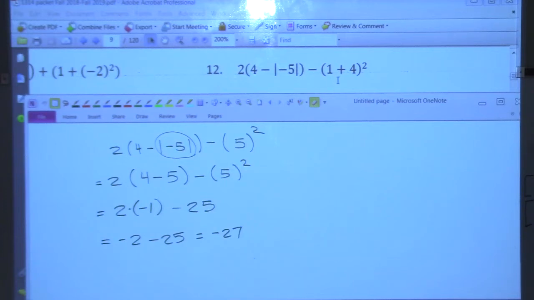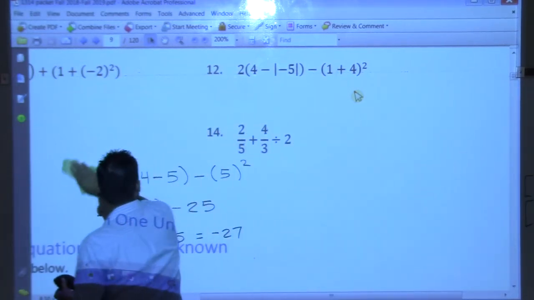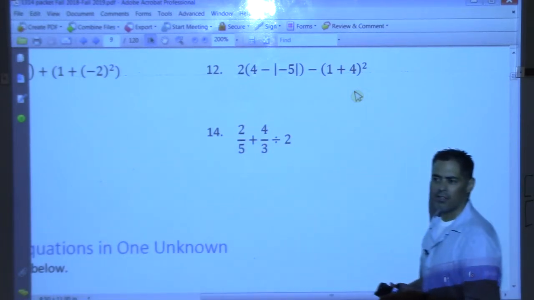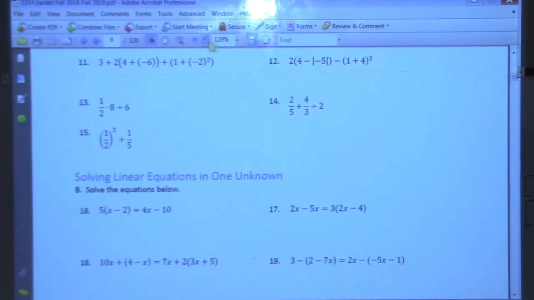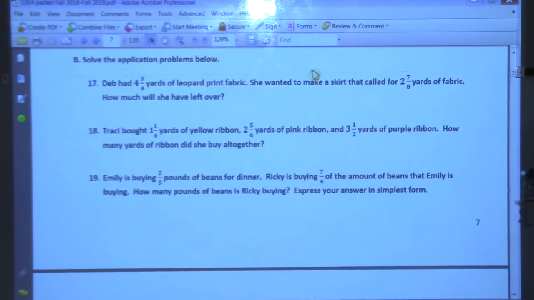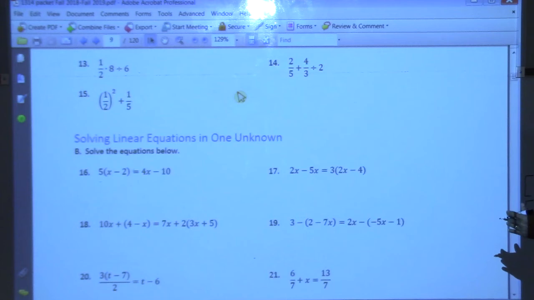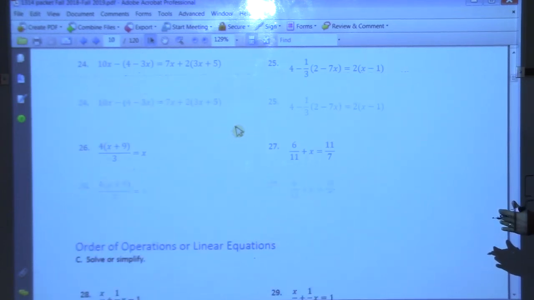So for homework, what I'd like for you to do, we have not finished all the examples I wanted to do, but I think you can actually try this. So for homework, make sure you do the previous section's homework, right? All those word problems, all the adding and subtracting fractions. But on the next section, order of operations and solving linear equations, we have not done that. So on the homework, just do